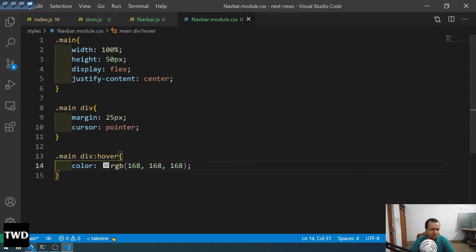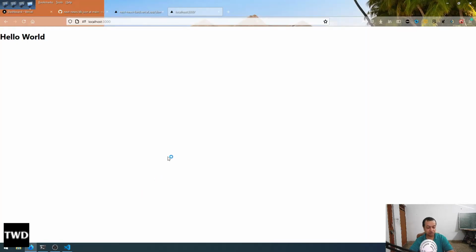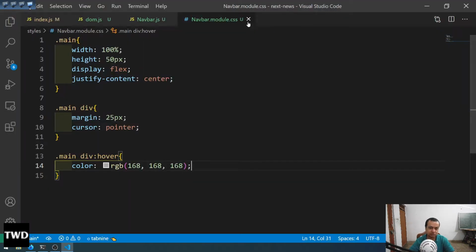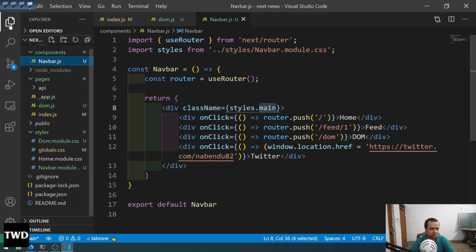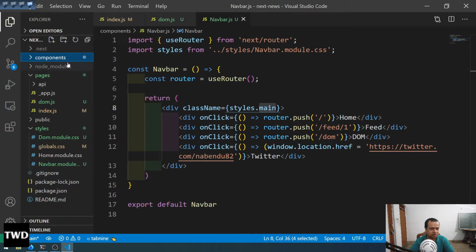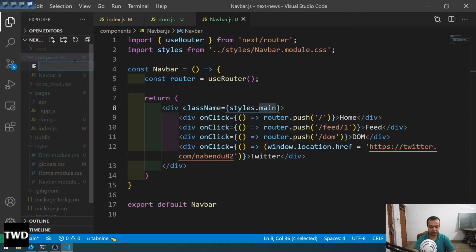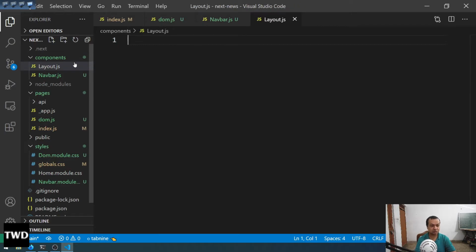Now anyways it will not be shown anywhere because we have not included it anywhere in this navbar. We can include a navbar in every page, but that is not how things should be done. Even in a React project we should create a layout. So let us create a layout.js. So inside here I will create a layout.js,